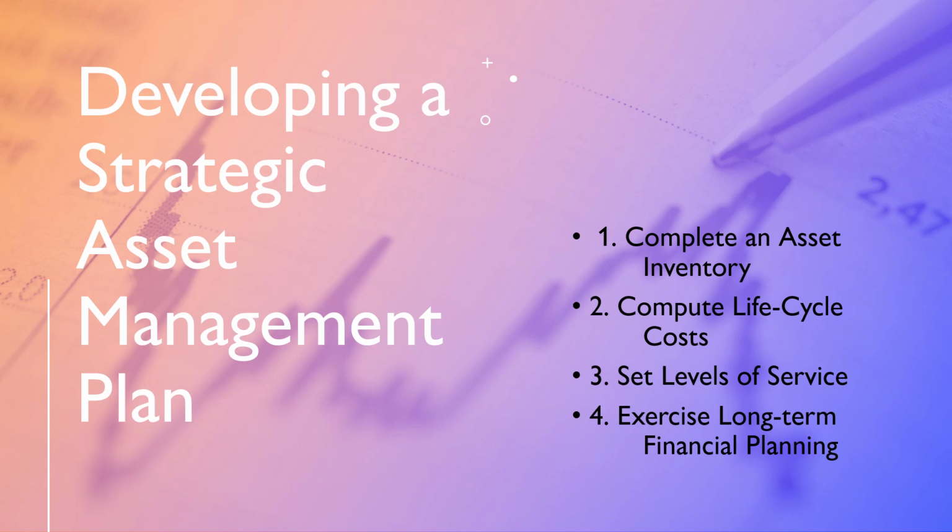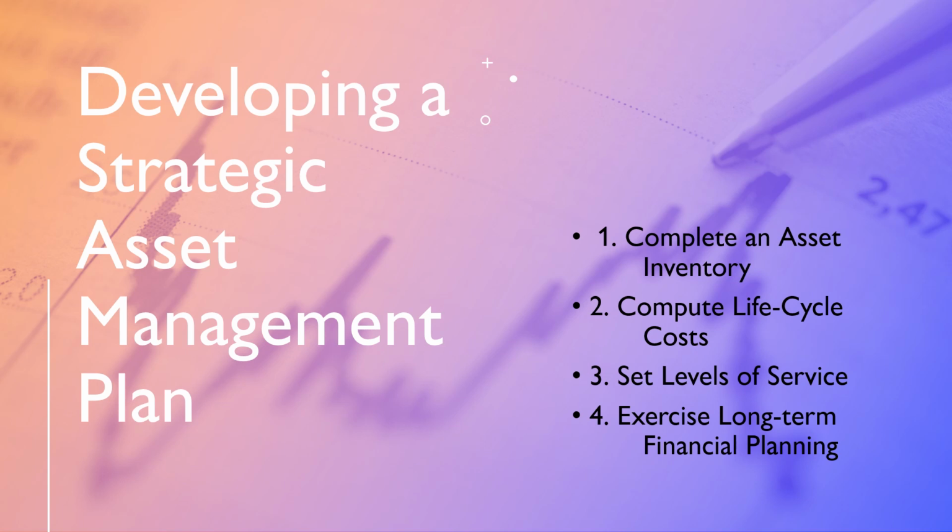Second is to compute life cycle cost. If a business owner wants his asset management plan to be precise, then he should calculate the entire life cycle cost of each asset. Many company owners make the mistake of calculating only the initial purchase cost. During the asset life cycle, additional costs are likely to come up, such as maintenance expenses, condition, and performance modeling.